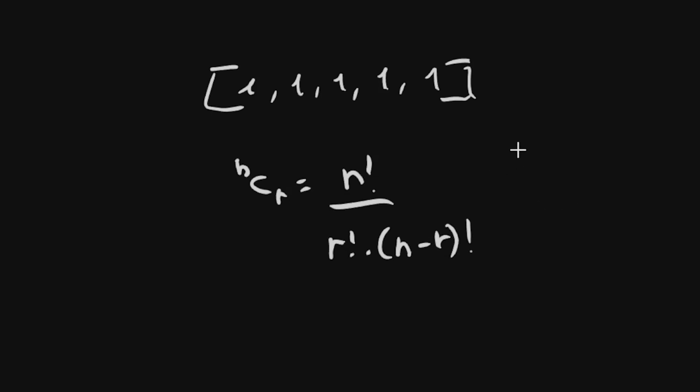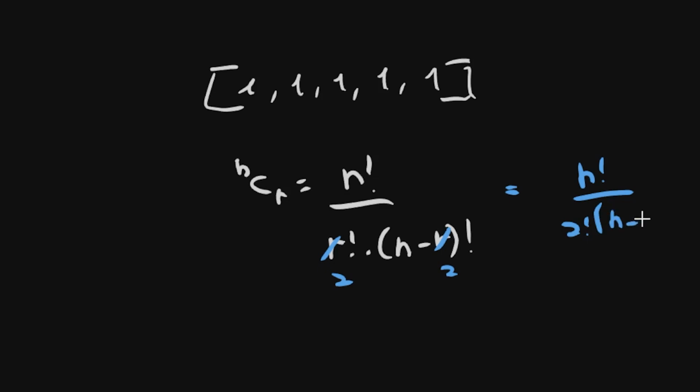Remember, we are trying to find NC2, okay, because we are trying to find every pair of equal numbers. So we are trying to find 2 on n. So here we can put a 2, and here we can put a 2 also. So this would be the same as n factorial divided by 2 factorial times